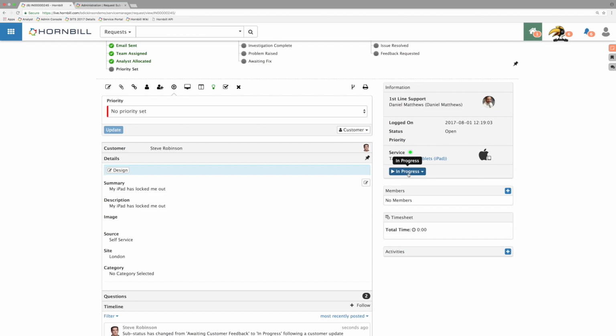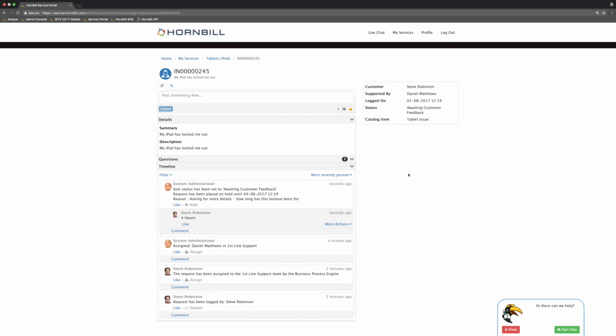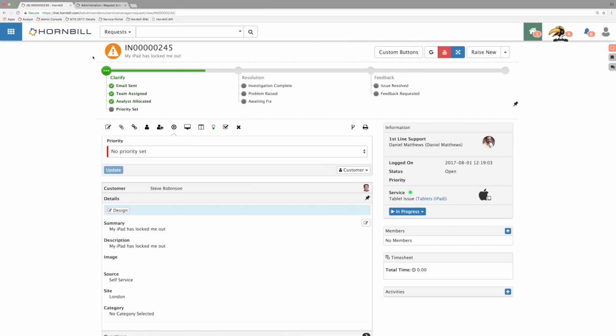Now, I did that by putting a comment down, but other customer actions that would affect this would be if you posted something new, if you added an attachment, if you confirmed the resolution worked, or if you confirmed the resolution didn't work. One other thing is that these updates don't necessarily have to be made through the customer portal if you don't have a portal set up. Let's say a customer emailed in with an update,